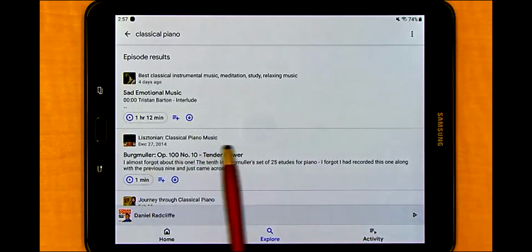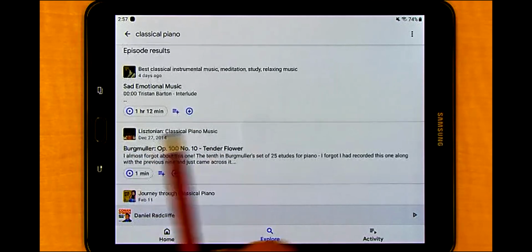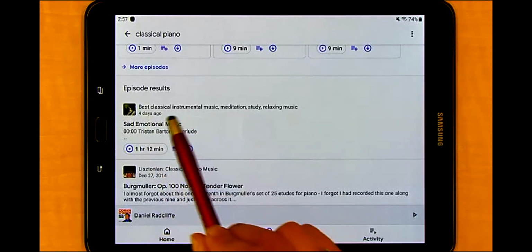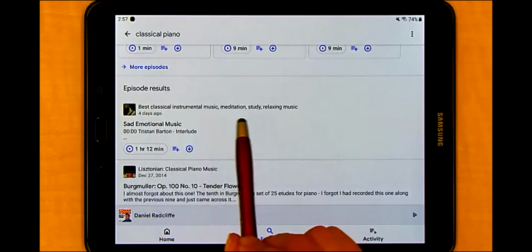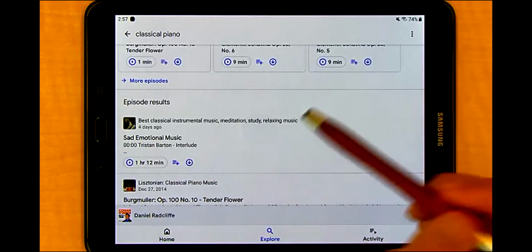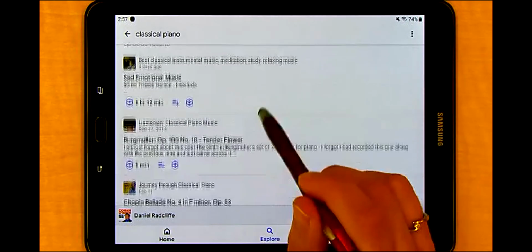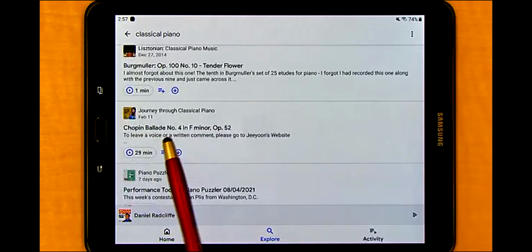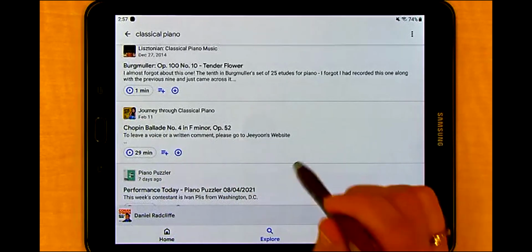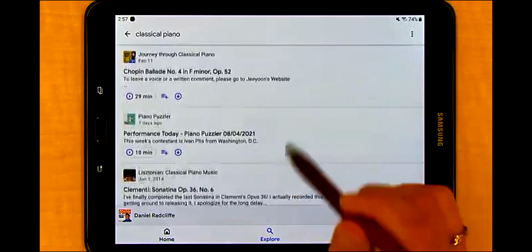So here's that Listonia classic music podcast. This one though, best classical instrumental music, looks like it was actually from 4 days ago. It's sad emotional music, so maybe we want to play that and give it a preview and see more about it. Here's one that is a journey through classical piano. So we could pretty much identify any one of these that we think might be interesting to us,